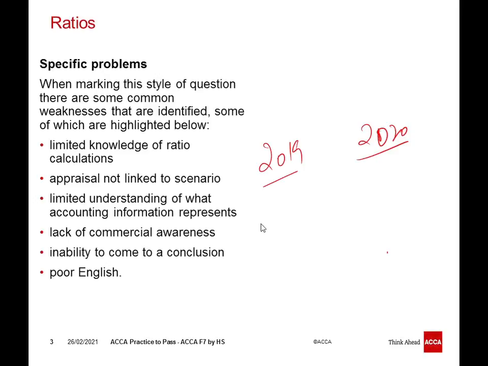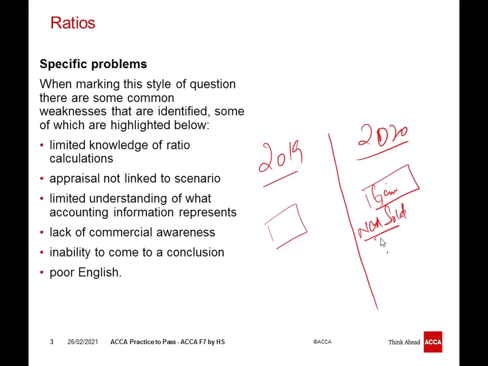Like, if in 2019 in comparison to 2002, there is a one-off gain, like we have sold a non-current asset during the year, so there will be a huge gain that will go in the income statement. So in the year when you sold the non-current asset, there will be a huge gain in the income statement, as well as a substantial increase in the liquidity position.